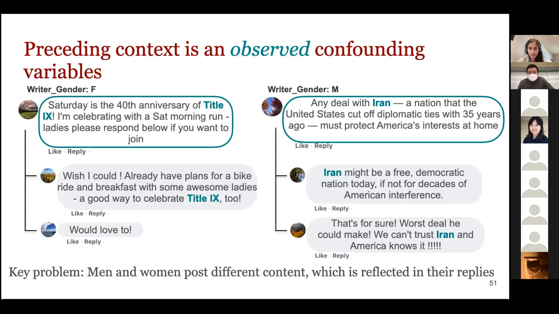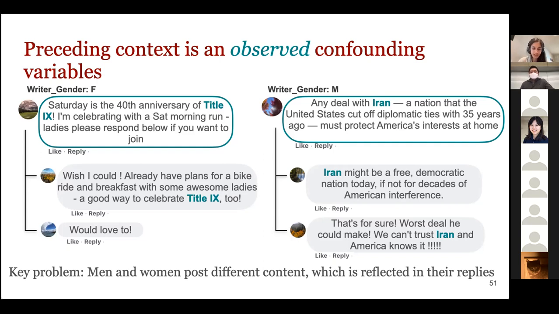And if we look at the posts that are made by male and female politicians, we can see that these politicians often talk about different topics. So female politicians post a lot more about, say, Title IX. And that means that comments replying to those posts also refer to Title IX. So if we were to train a classifier on these comments that are addressed towards male and female politicians, it's likely to learn that references to Title IX are predictive of a female addressee, are predictive of the fact that the comment is addressed towards a woman. But that's not really a sign of gender bias. That's a direct reflection of the original posts that were made by these politicians. So we don't want the model to learn features that are predictive of these original posts.